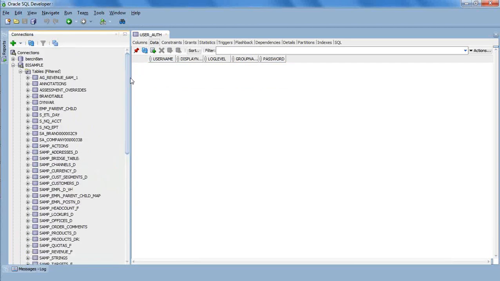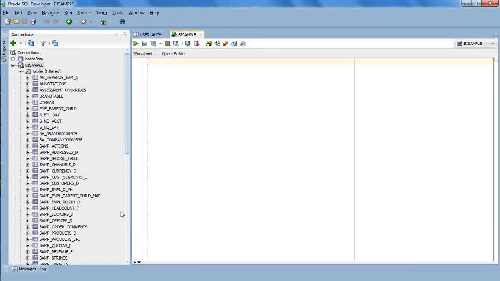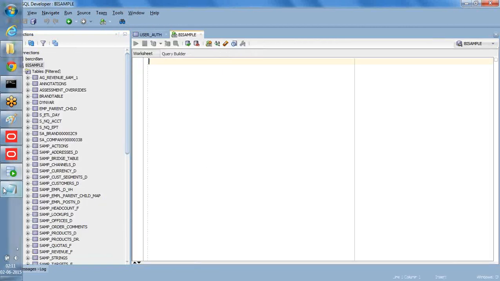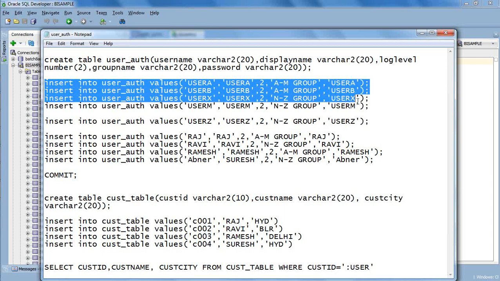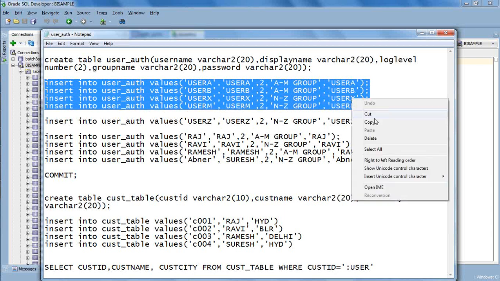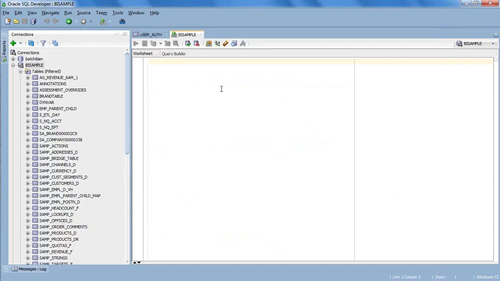So what I would like to do is first of all create these users inside the table. The table is already created, so I'm not going to create this table again. If you want to create it, you can drop the table and simply execute the script. So assuming that I have a couple of users available here, I would like to insert these users, and I can simply